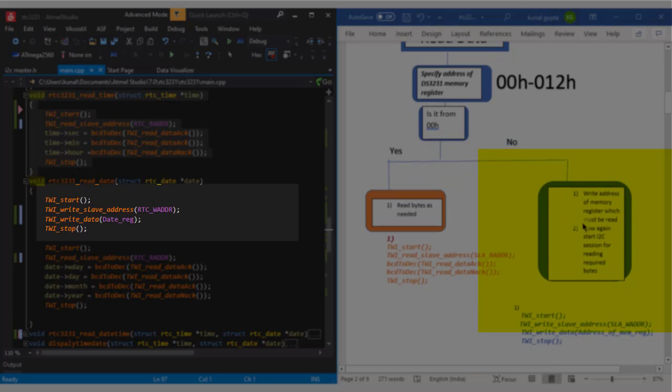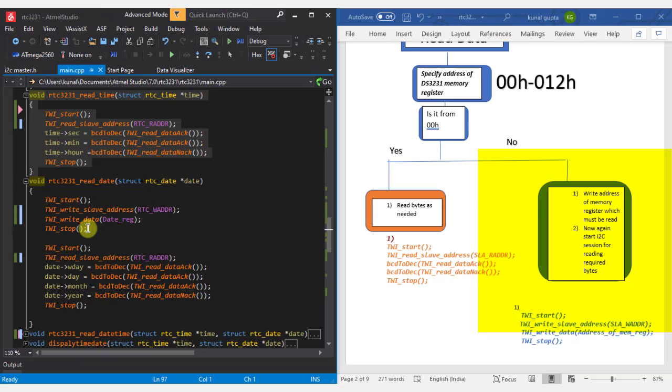So first writing the address of the date memory register: simply slave address with the write operation, then TWI write data, and this is the address of the date memory register, and then the stop signal.